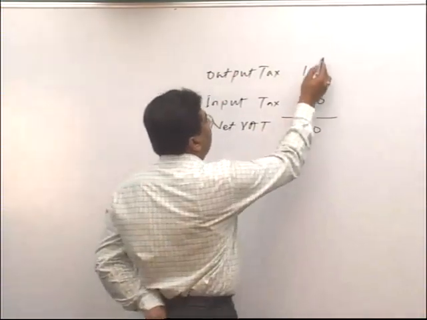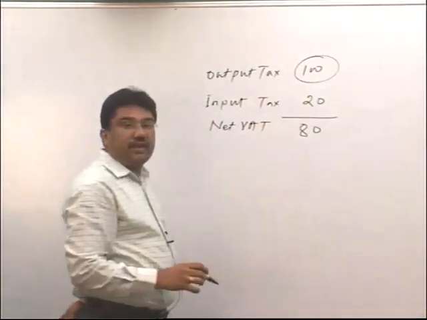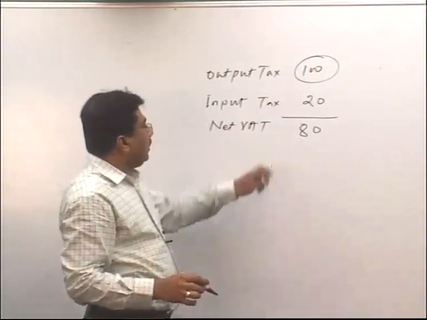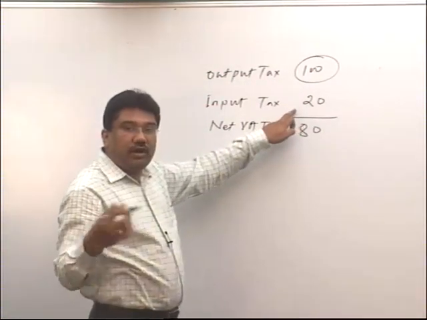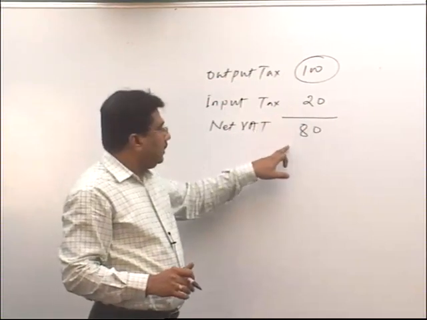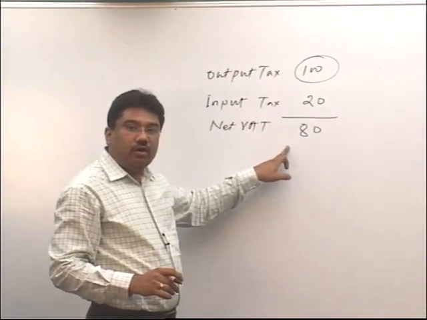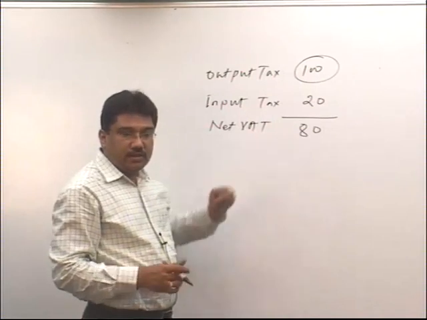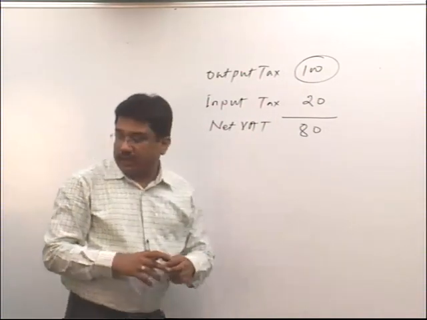This 80 rupees is called the net amount of VAT payable. So first we will count the output tax every month, and from that we will deduct the input tax already paid by us, which is readily given in the question. Then the resultant figure will be the net amount of VAT payable every month. That we will find out by doing a working note.